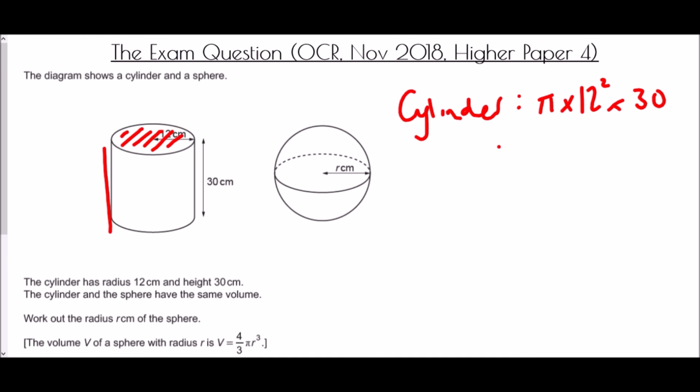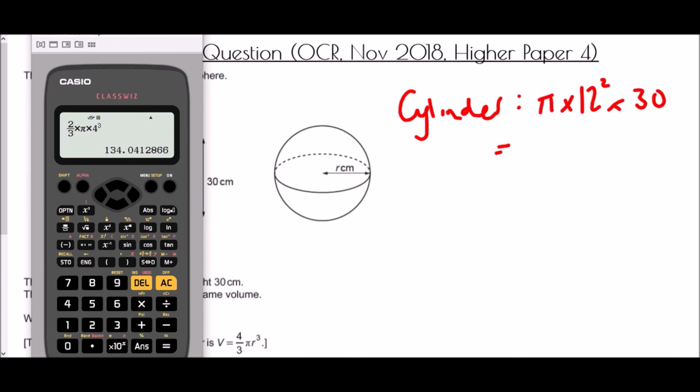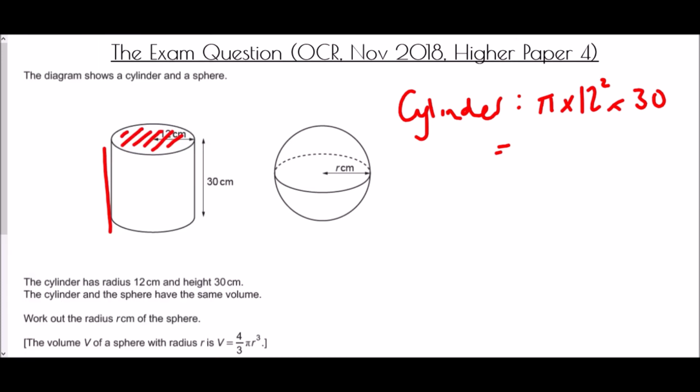All we need to do here is grab our calculator, and that's pi times 12 squared times 30, which is, and I'm actually going to leave it in terms of pi here, 4320